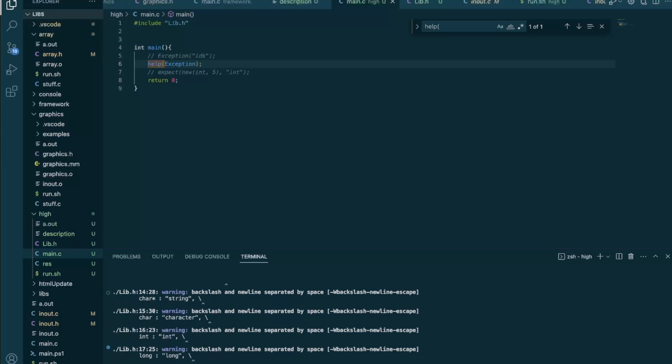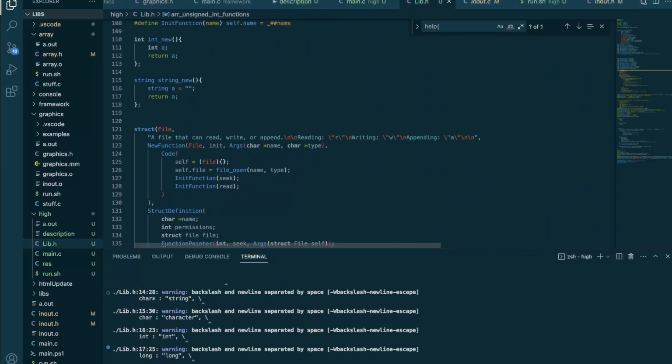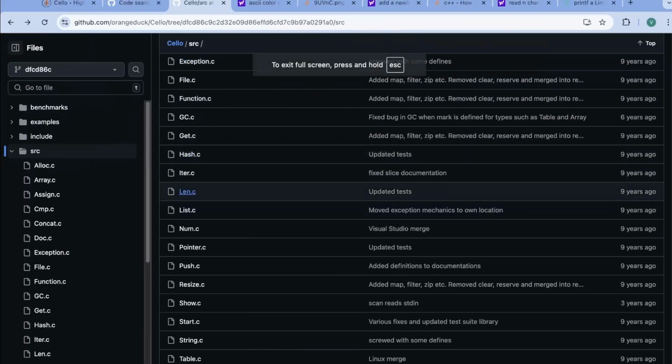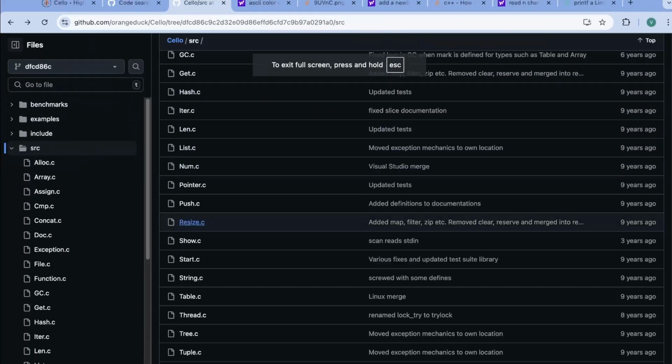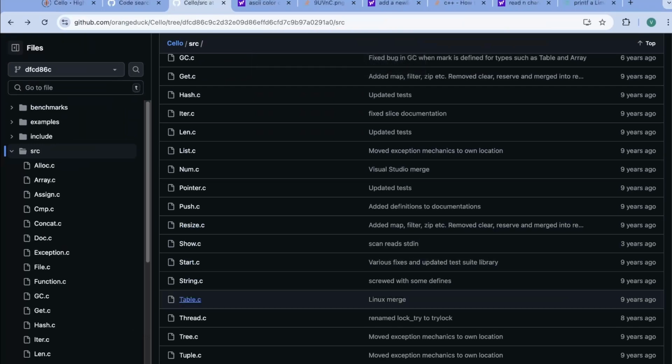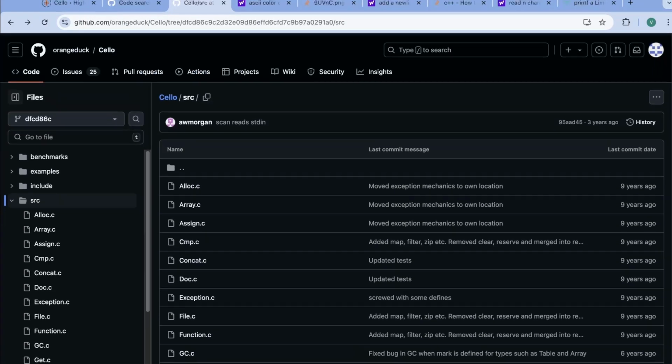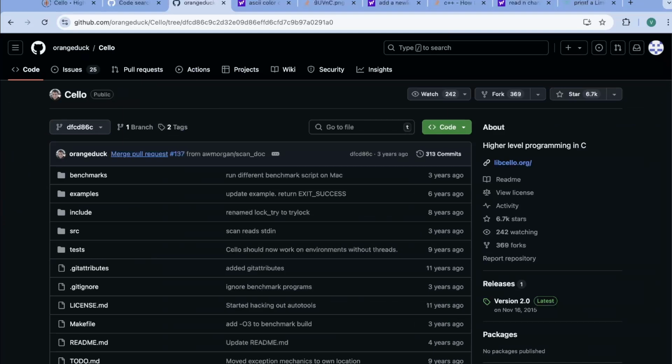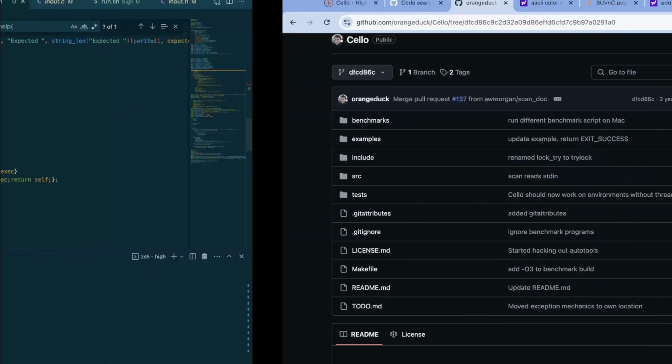An exception you can raise. And the functions, and then we have nothing right after that. So okay, we created a basic thing over here. We don't have a table like cello. We don't have a lot of things,